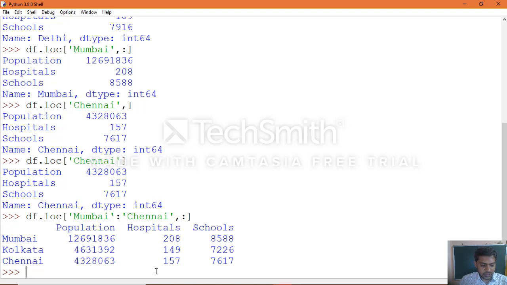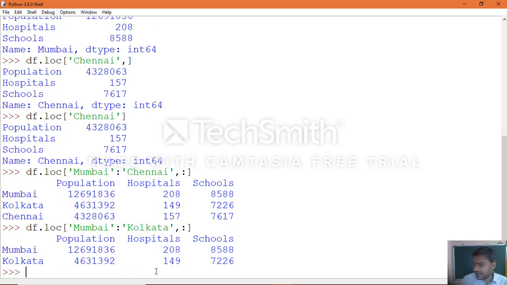Same way, if you want to access only Mumbai to Kolkata, you can specify Mumbai as the start row, colon, end row Kolkata, comma colon. We will get the multiple rows.